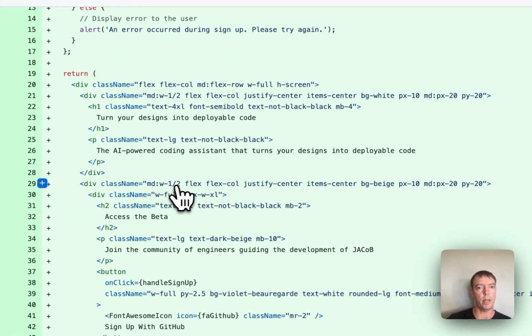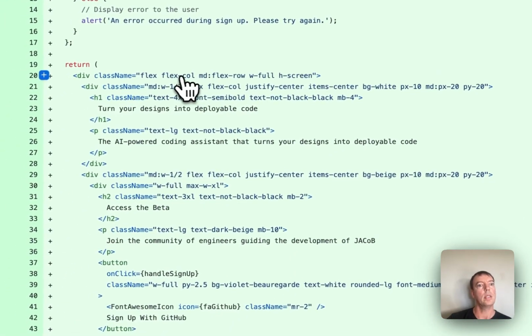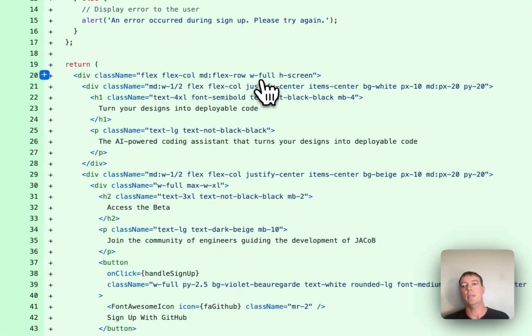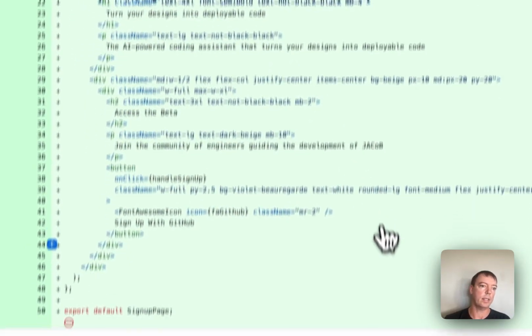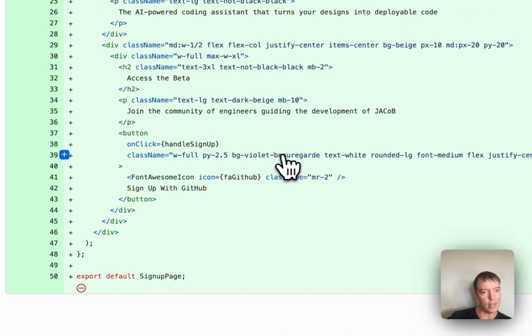It's nice because we've got responsiveness here already. So this is going to be a column screen. If it's mobile, it'll be full screen, and if it's on a desktop, which is great. This is exactly what we want. And then it had to kind of build its own. This is interesting. It had to build its own